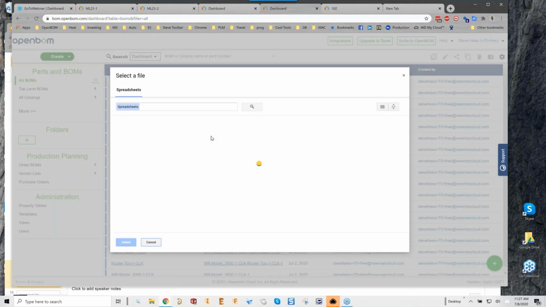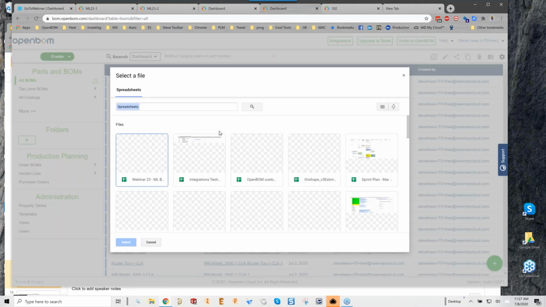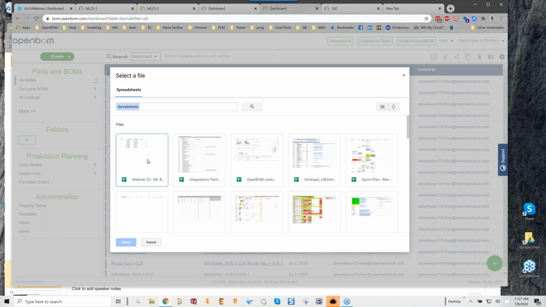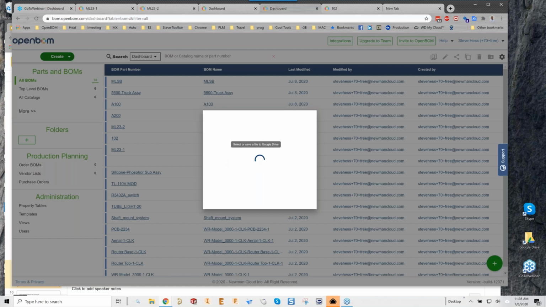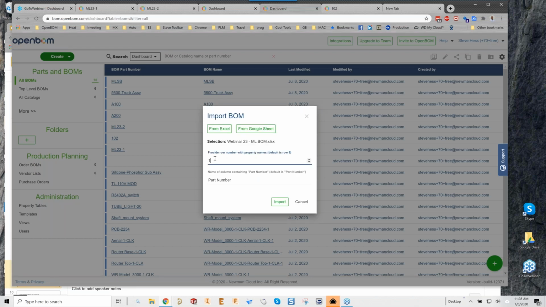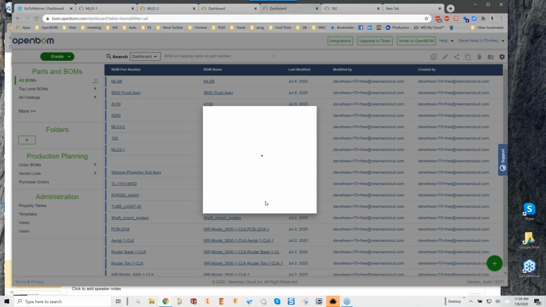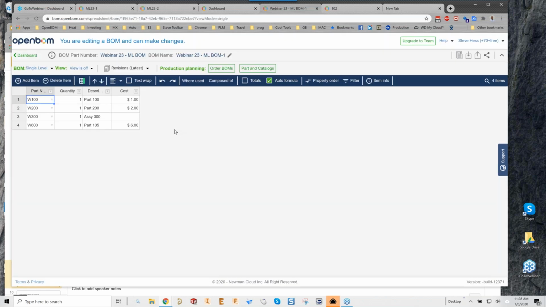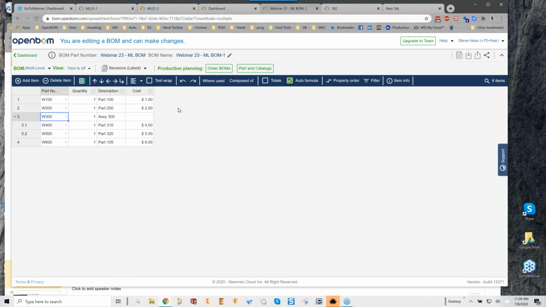Perhaps this is a spreadsheet that my company already has with a bill of material. And just that simply, this multi-level bill of material is in. I just imported this. None of these items exist in OpenBOM yet. I just imported this straight from